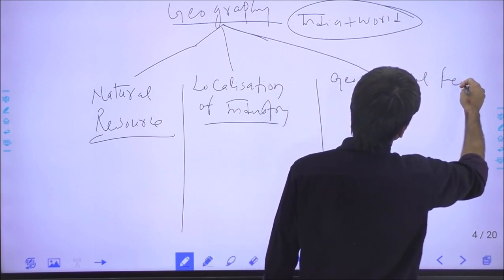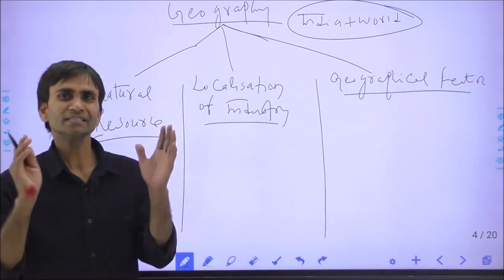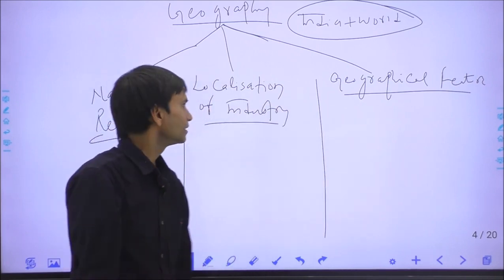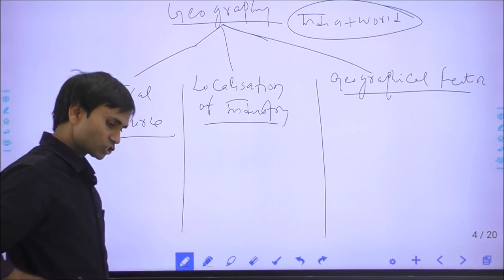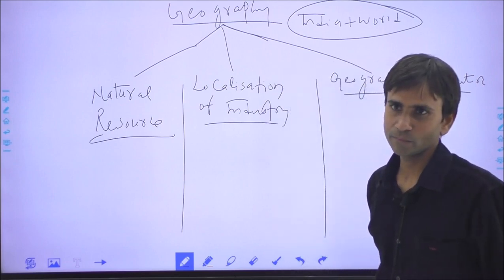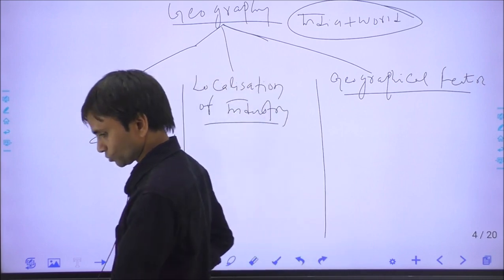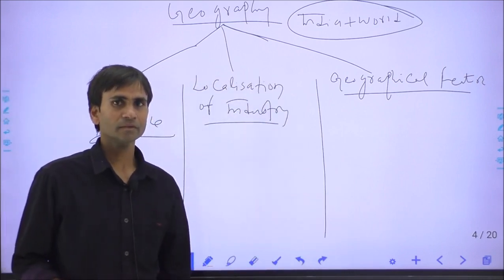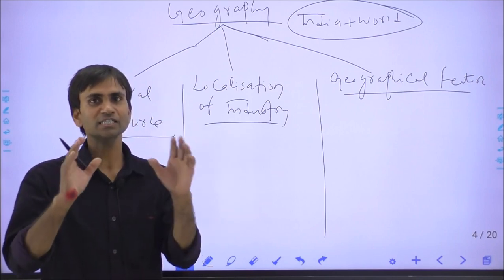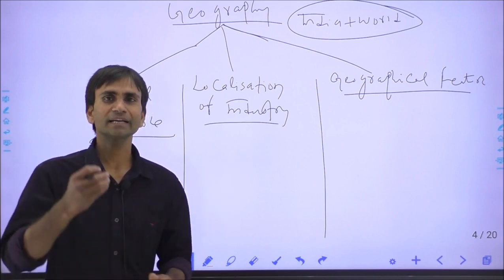Geographical features. UPSC simply mentioned some symbols, but we have to analyze this. The natural resources, the distribution of natural resources in India as well as the world, and the distribution of these resources is not appropriate. How to make this distribution just, so that each and every individual of the society can get benefits